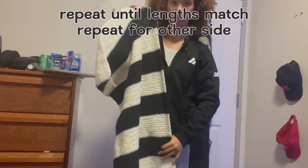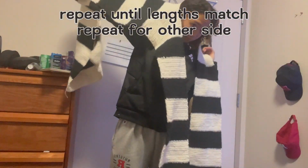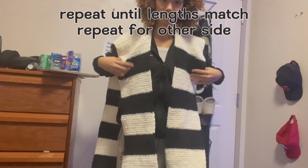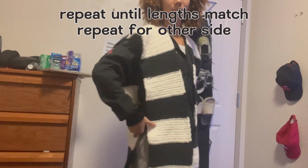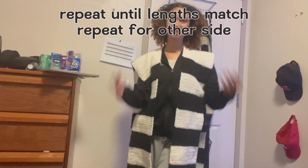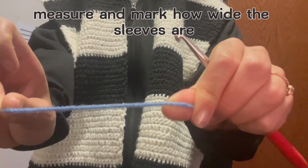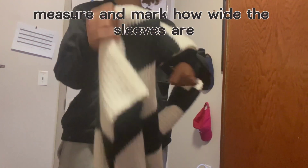Now we have an extremely long vest with no sleeves. So we're gonna start working on the sleeves and finding out how big those are. So I just put it on my body, make sure it looks all nice, and then this is where stitch markers come in. Of course I lost my stitch markers while making this video. Well, in this moment I found them again, but I used a piece of string and I put it on